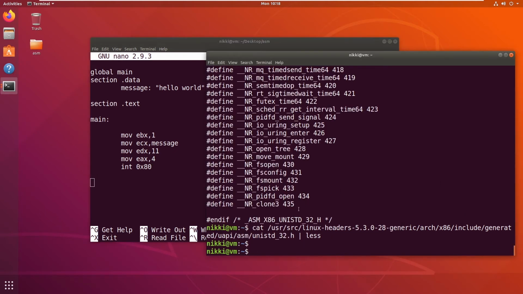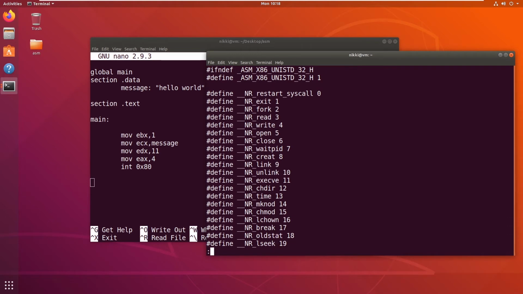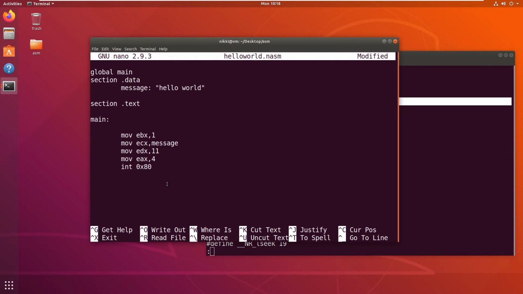And one more thing we need to do is exit the program successfully, so that the program exits normally. To do that, we need to call the exit system call. The exit system call number is 1 and it does not need any argument.